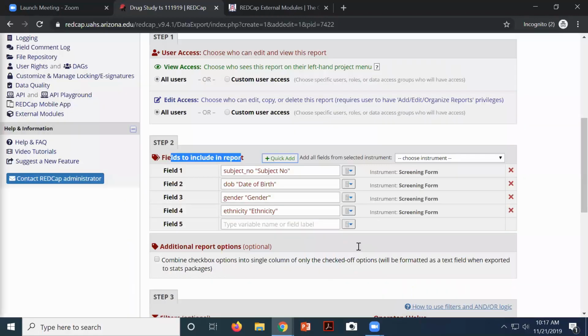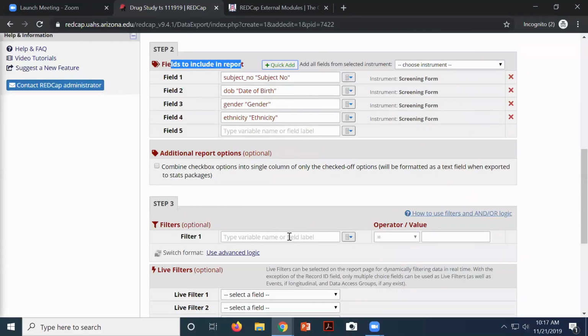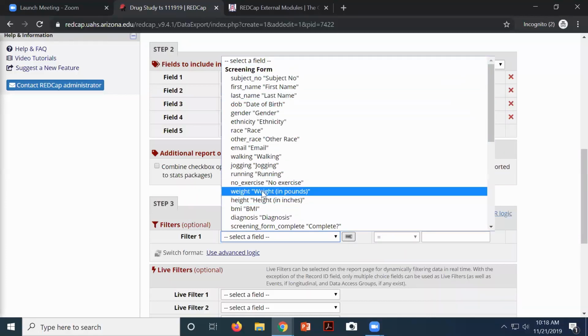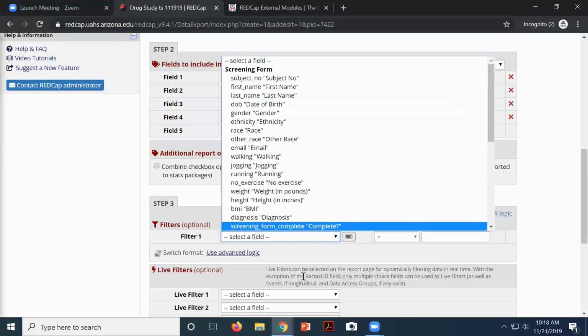and close this. All right, then you have an opportunity to filter your report, and if you know the variable name, you can start typing it just by clicking in the box. So if you knew you wanted gender, you could just start typing gender. If you weren't sure, you could click on this little drop down here, which gives you the opportunity to select a field, say what you want to filter on,